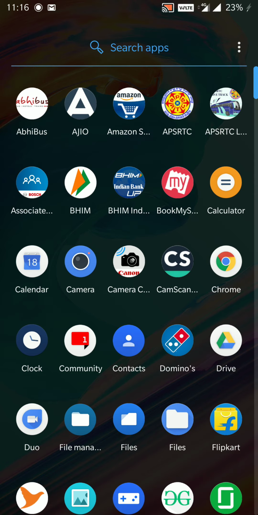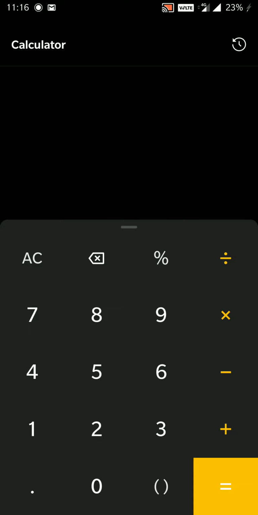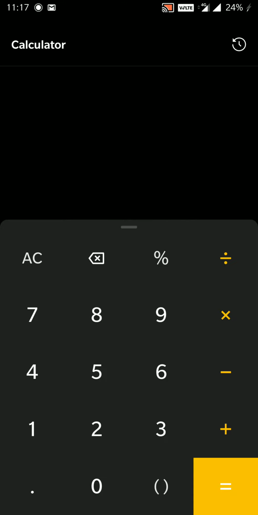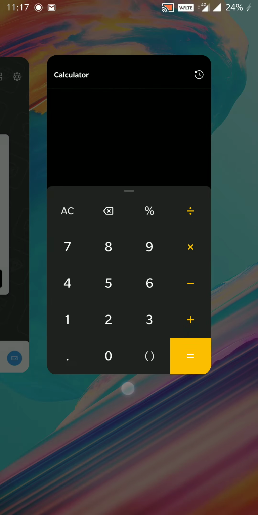And one more thing, after updating to Android 10 you will see the calculator as a basic one. From the previous version we were able to see the scientific calculator also, with the log, square root, and those functions, the arithmetic functions. For that you just click on this shelf kind of thing, and here you can see the trigonometric functions, inverse, square and all. So that's another feature I wanted to share with you guys.